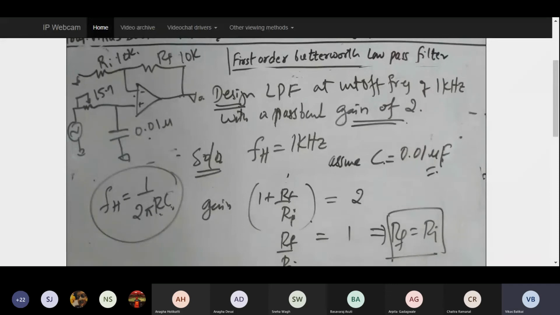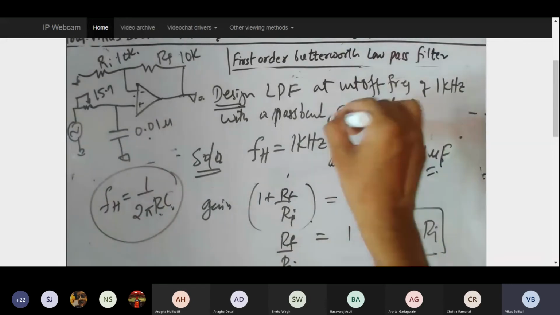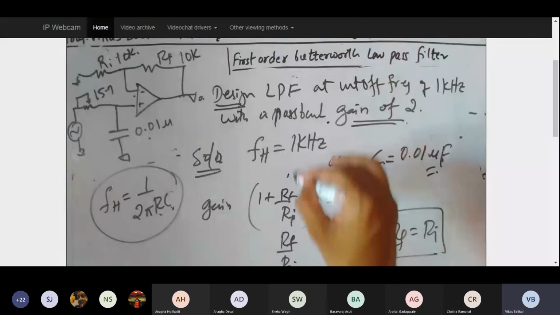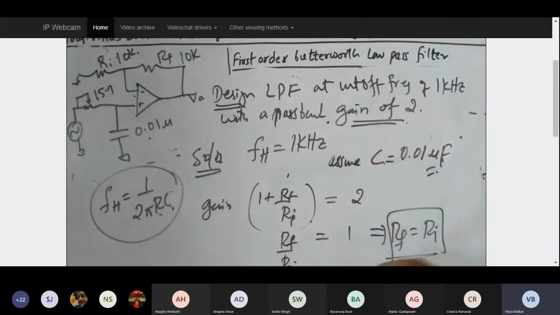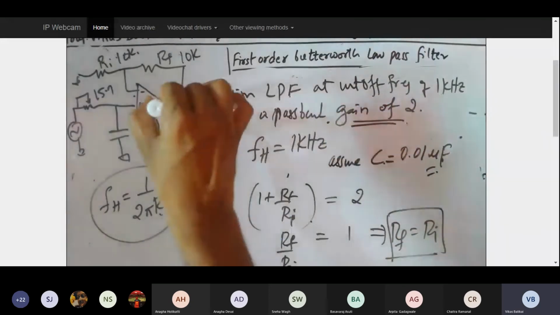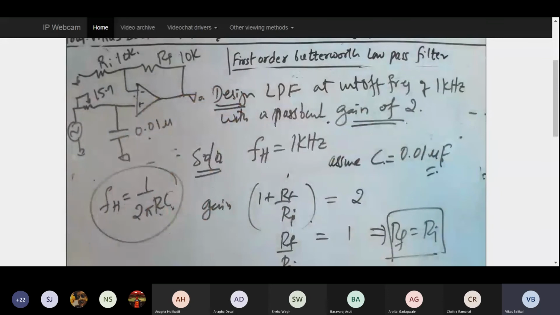So if I do that, FH will be given, so I'm going to get R. Once I know every component, I can design the circuit. Now for this kind of problem, your answer should have two things: first, you should get the values. Second, we will be expecting the circuit. This circuit is very, very important along with the values, you should be writing down the circuit. So this is how one can obtain the low pass filter with the two design values.